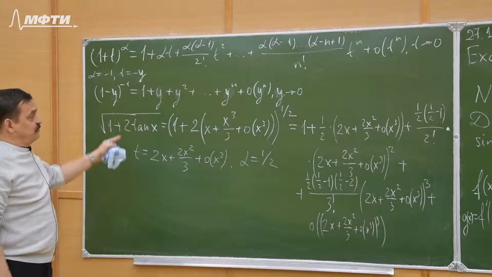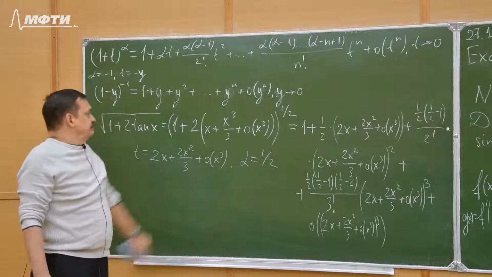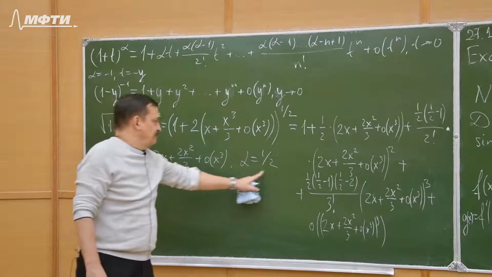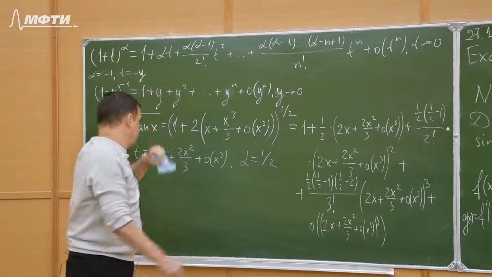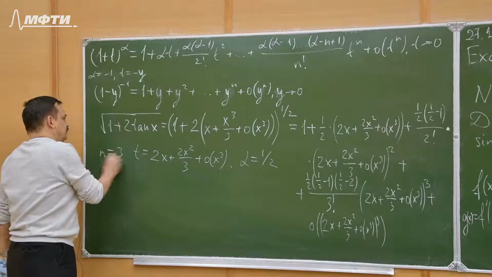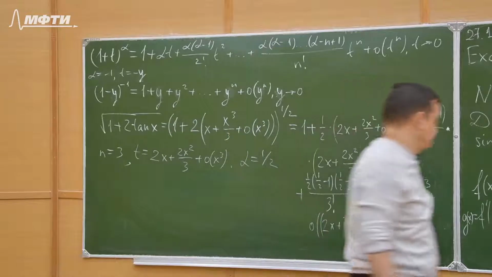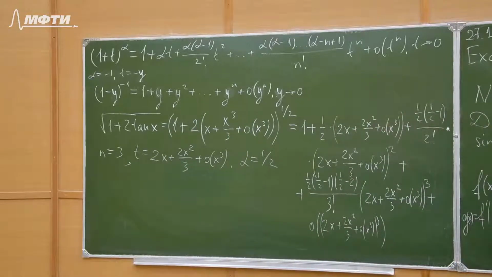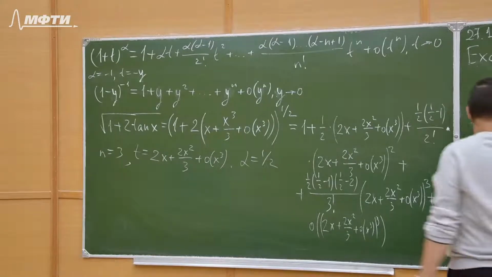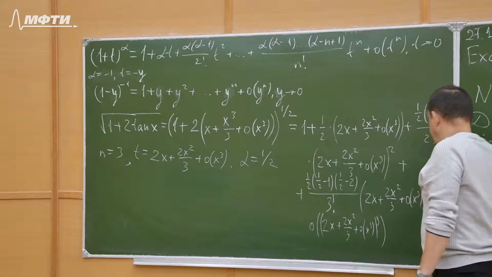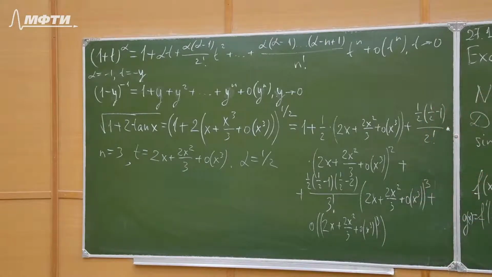And I substituted t equals to this one, alpha equals to 1/2, so n equals to 3, right? n equals to 3. That is our main expansion. Now, what do we obtain then? So maybe I will not continue this equality. Instead of that,